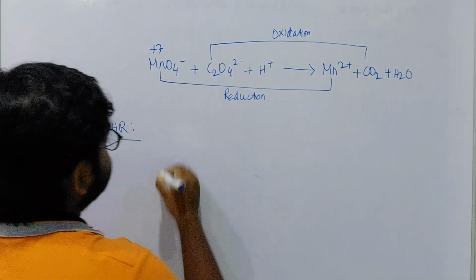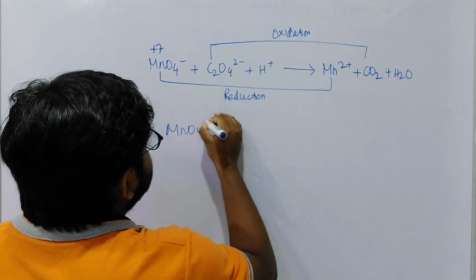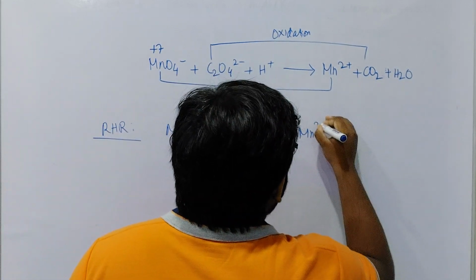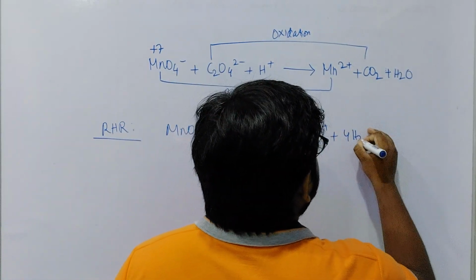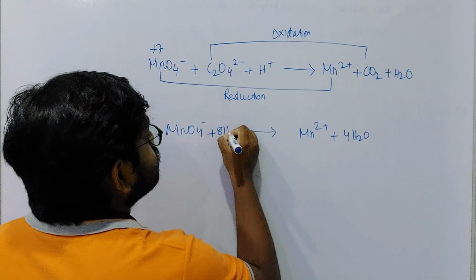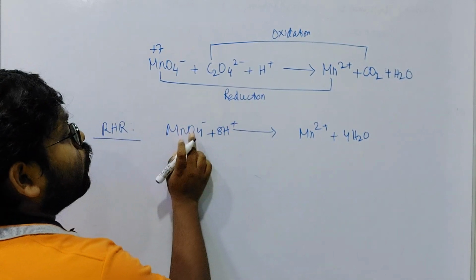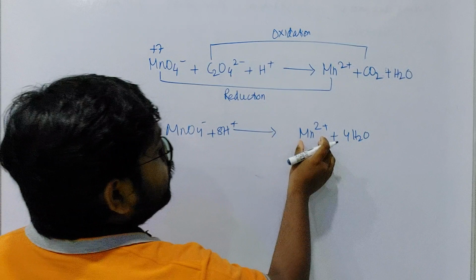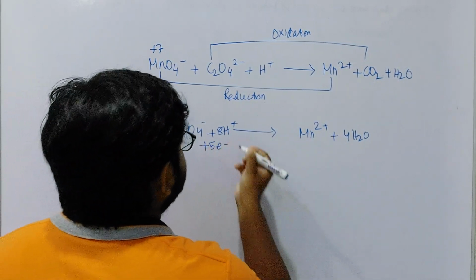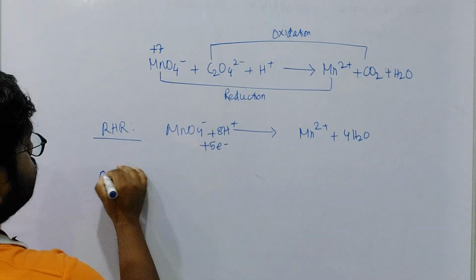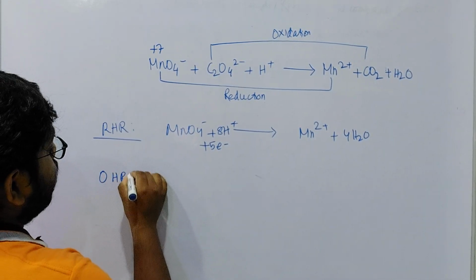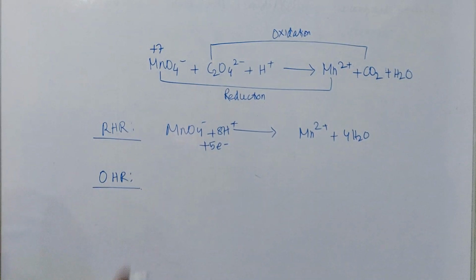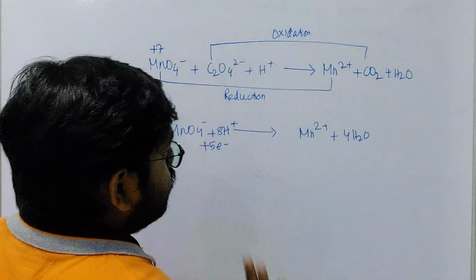First of all, reduction half reaction, MnO4 minus into Mn2 plus. We have already calculated this. 4 extra oxygen, so 4 water, so 8 H plus. 8 positive charge, 1 negative charge, so 7 positive charge, here 2 positive charge. Just add 5 electrons, so the charge is balanced. And the oxidation half reaction, see, this is balanced already. Now we have already done it in the previous reaction. That's why I have done it in a little bit of a hurry.